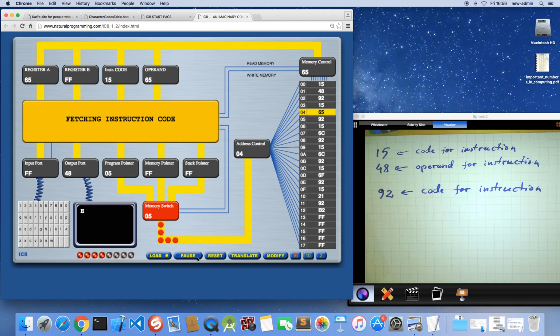And now it starts fetching the next instruction from location 05, and again it gets the instruction 92, and now it prints the value E to the screen, because 65 is the character code of lowercase e, and again it fetches a new instruction from the main memory,